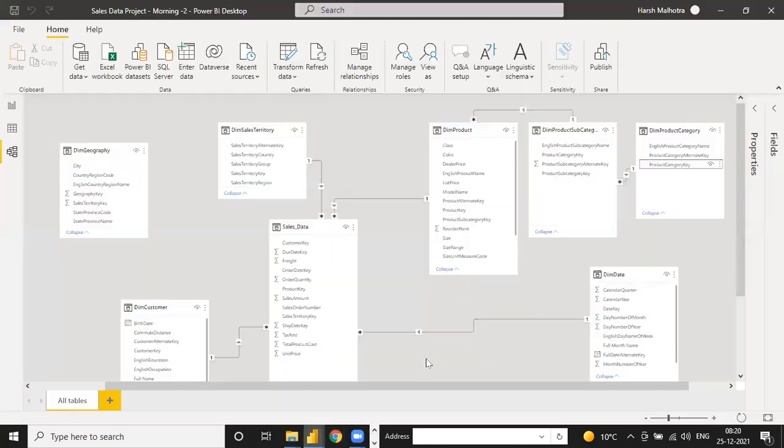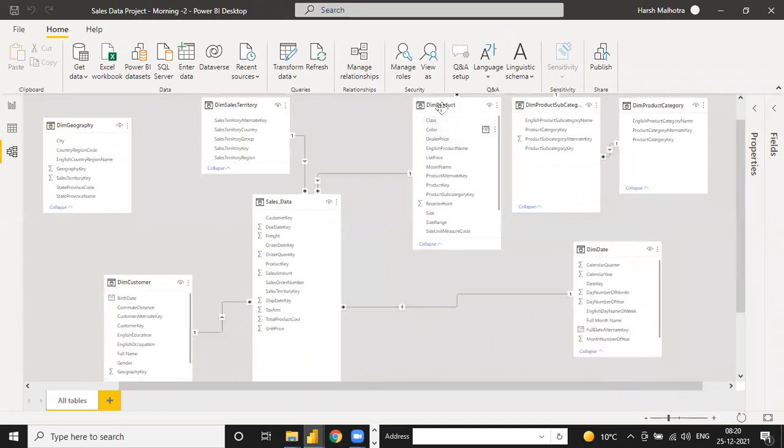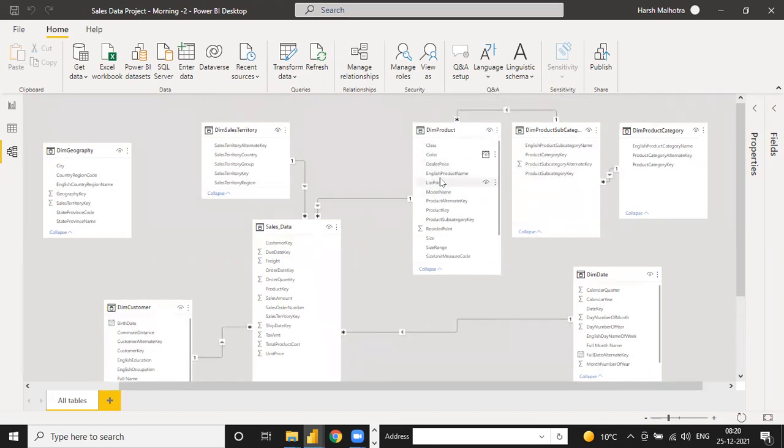The product category table is a dimension table for the subcategory table, but subcategory is a fact table for this table only, which is lower than this. Same way, in the product table you have unique values, but for sales data only, not for this. For the product subcategory you have a table with unique values, and in the same product table you have duplicate values also.